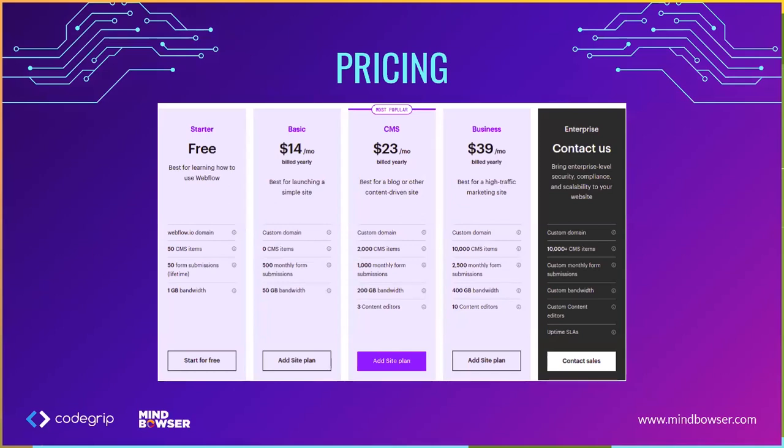The third one is the CMS plan, which can be used for content-driven websites and blog sites. And it also offers a custom domain with 2000 CMS items and 1000 monthly form submissions. Plus, you will get 200 GB of bandwidth, which will help to load your website faster. And if you are a team, you can add up to 3 users and editors who can manage your site. The fourth one is the business plan for high traffic sites like marketplaces, which gives you up to 10,000 CMS